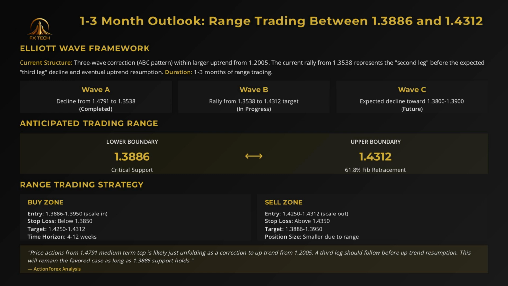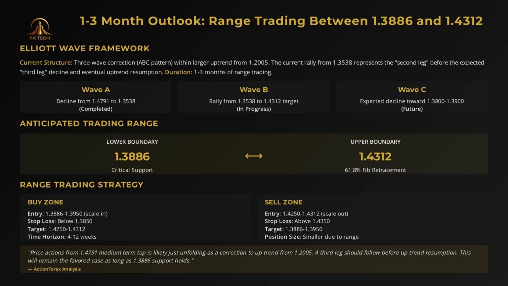Monitor key economic data releases, Federal Reserve speakers, and oil price movements, as these will provide the next directional impulse. The medium-term outlook for the next 1 to 3 months suggests range trading between 1.3886 and 1.4312. This aligns with the Elliott Wave analysis, which indicates USD CAD is in Wave B of a 3-wave A-B-C correction